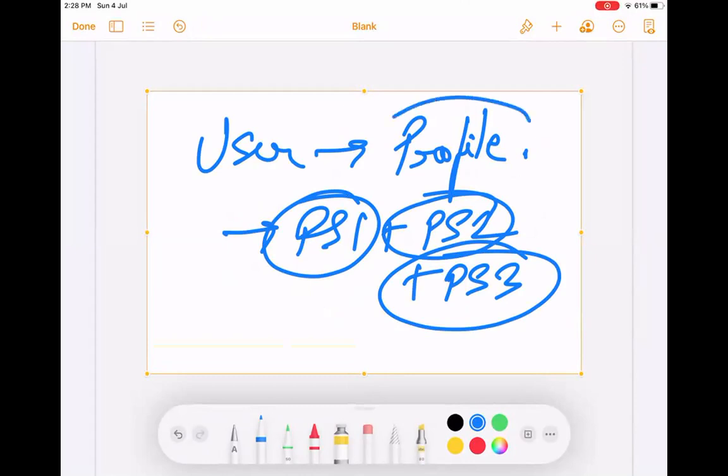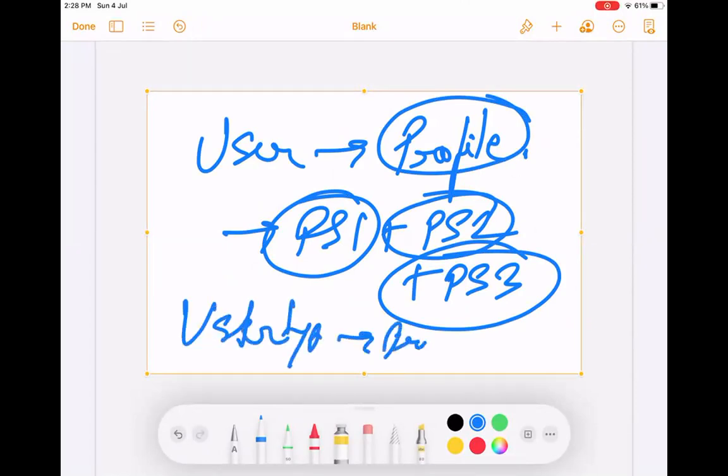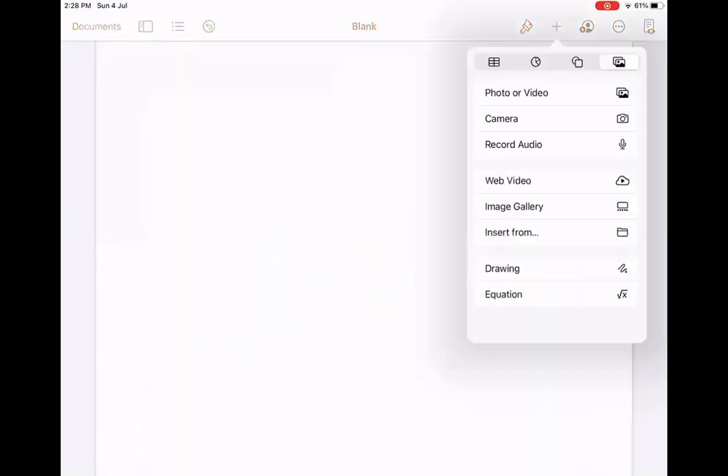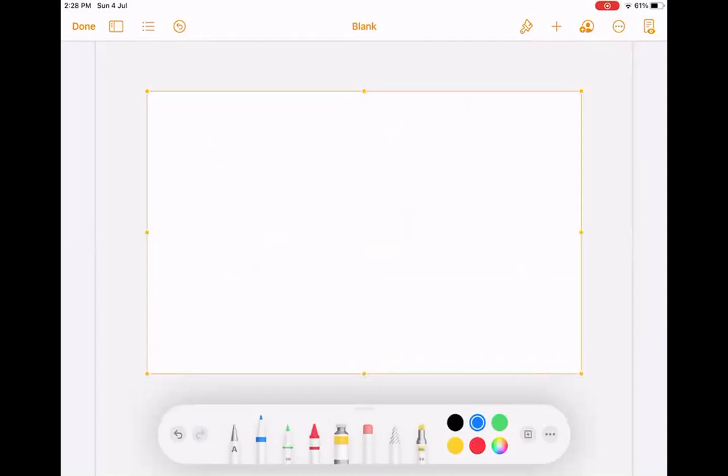Simple. Profile is also the same group of permissions. Profile is also a category of user. So if there is something like a user type, that is highlighted using profile. Okay. So let's see the profile, permission set, and OWD more closely.